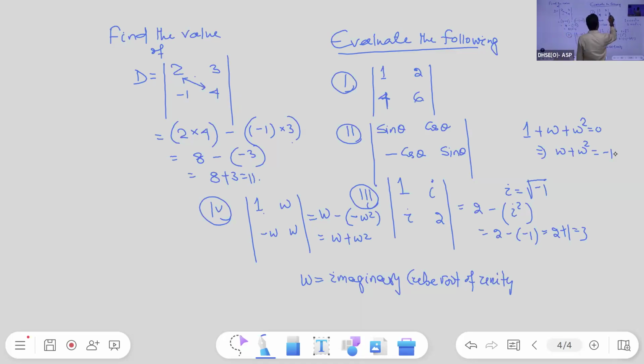Question number 1, this is equal to 6 minus 8. This is equal to -2. Question number 2, sin square theta plus cos square theta is equal to 1. Right? Then write down